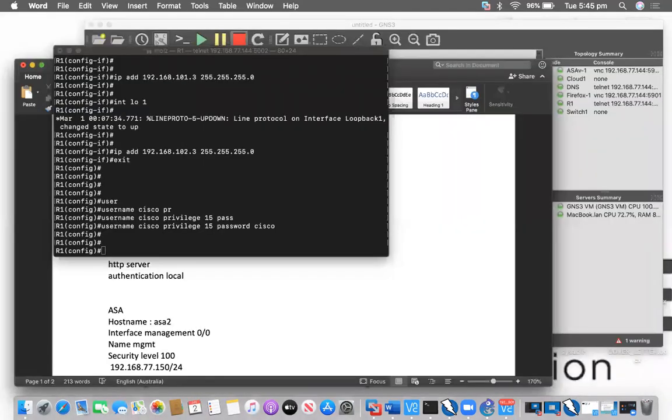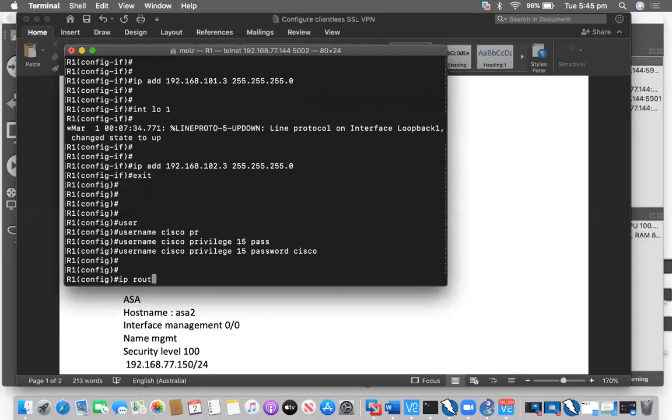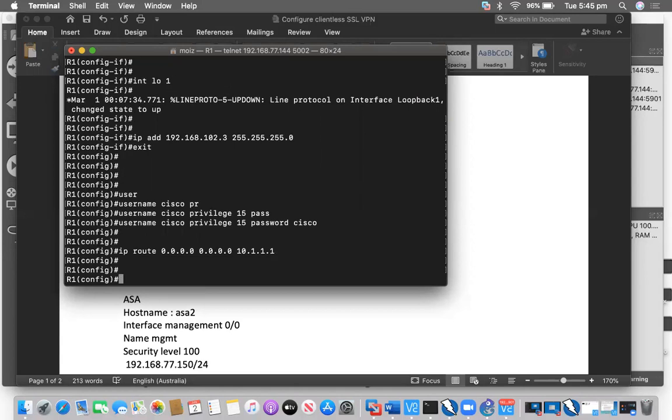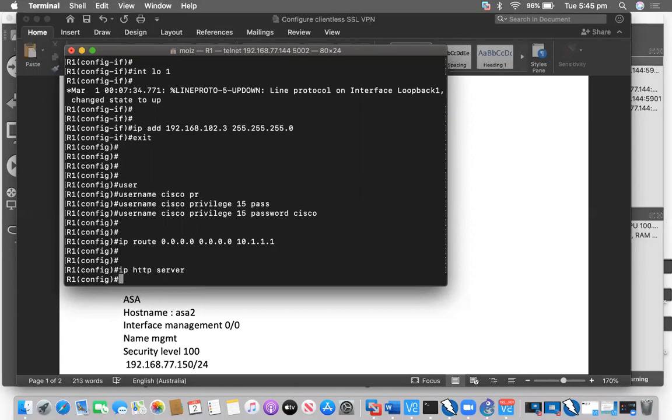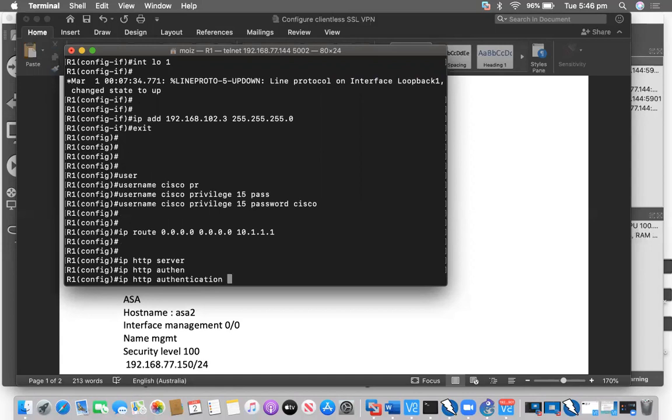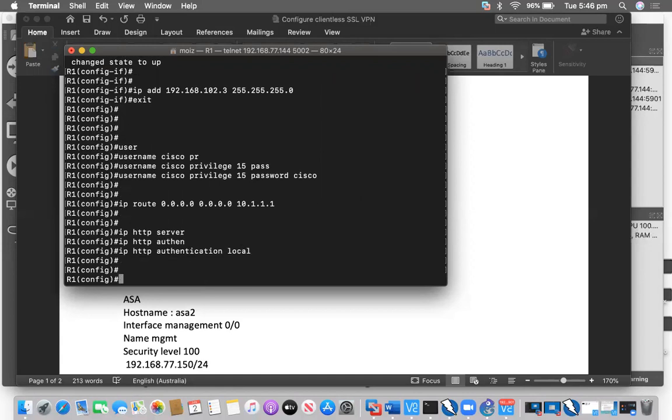So ip route 0.0.0.0 0.0.0.0 and next hop is 10.1.1.1. Next, ip http server, because I want the client PC to access this router via HTTP traffic. So I am saying that whenever this traffic comes, authentication should be local. That's it with router 1.